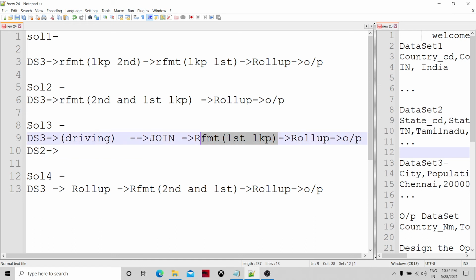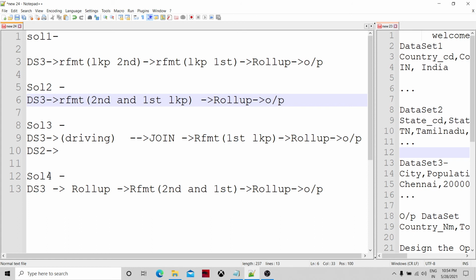Whether it is serial processing or parallel processing, we have to reduce the records. The first task as a designer, or as a solution designer, is that we have to reduce the number of records to be processed as soon as possible, without compromising the final solution. So if you look at solutions number 1, 2, and 3, we are not reducing the number of records up till the second last component. The rollup is going to reduce the records.